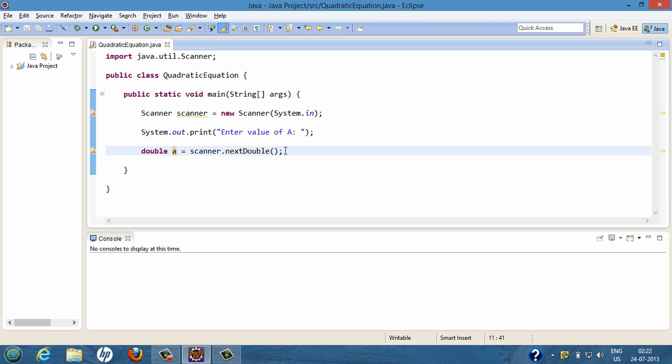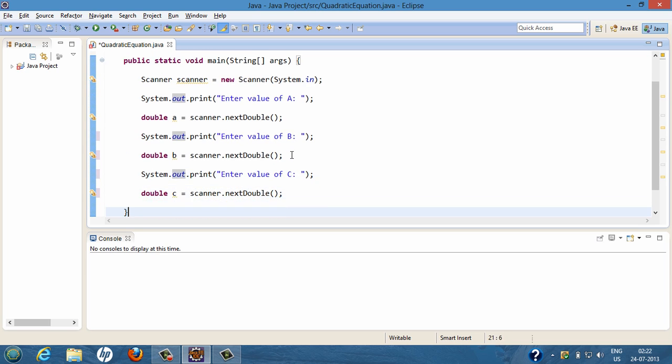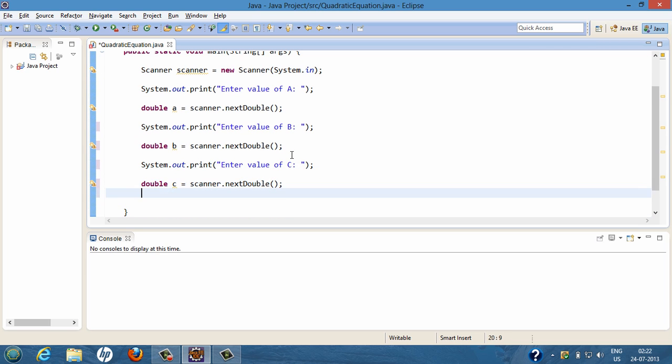So similarly we'll ask the user to enter value for b and c as well. So we'll just copy paste this thing. So here now after execution of this, we will have the constant values a, b and c. So next what we'll do, we'll move ahead and create few other variables.